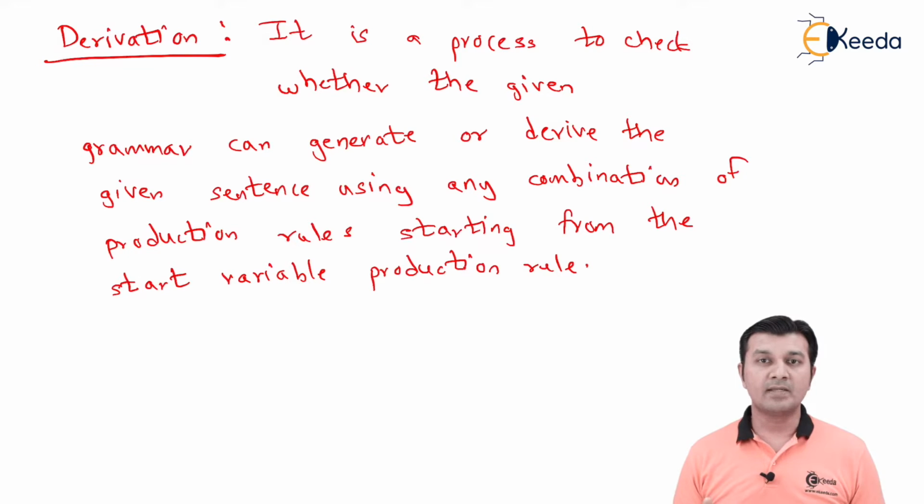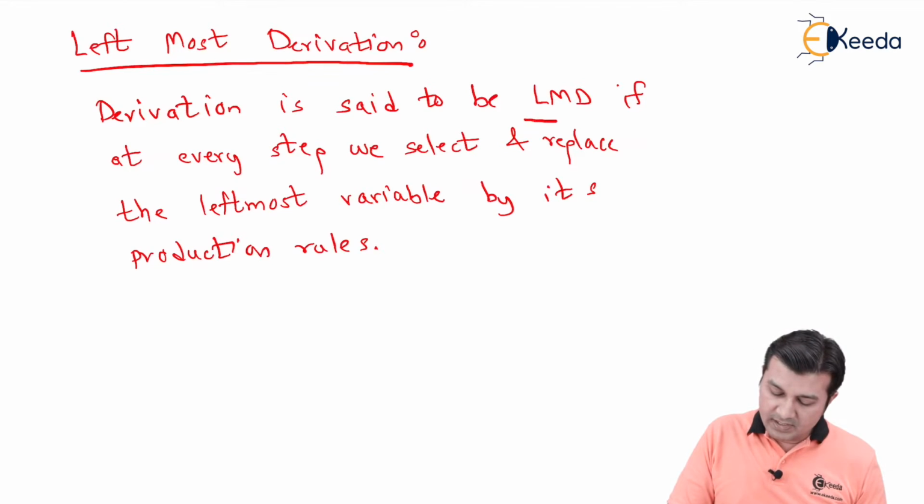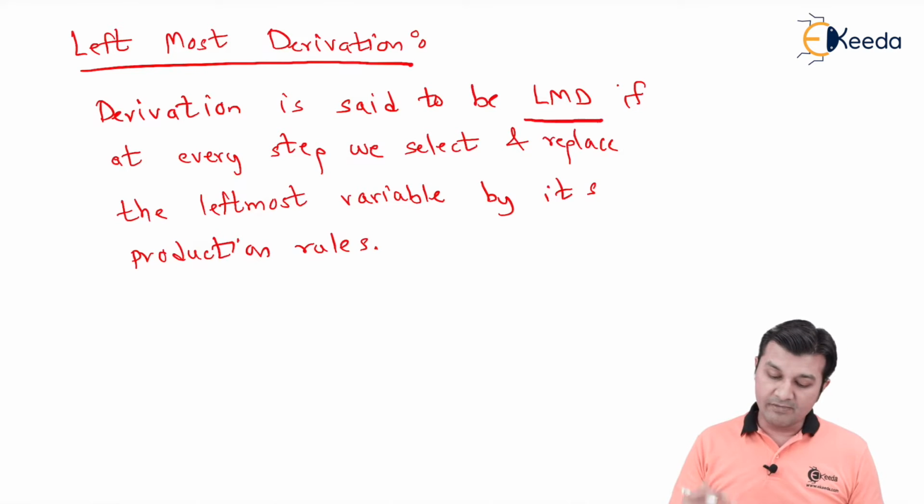So let's look at the types of this derivation. So having understood what is derivation, it is basically classified into two broad categories, and we are going to study problems on those two categories. The first category says leftmost derivation. If I observe the definition of leftmost derivation, it says a derivation is said to be LMD if at every